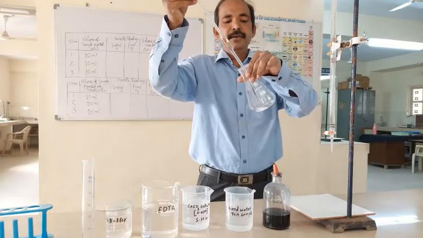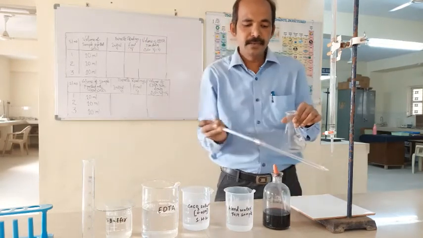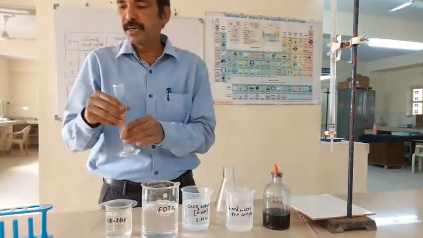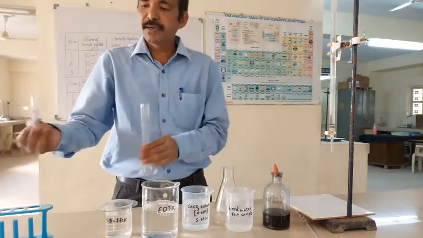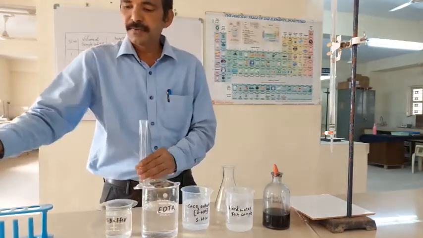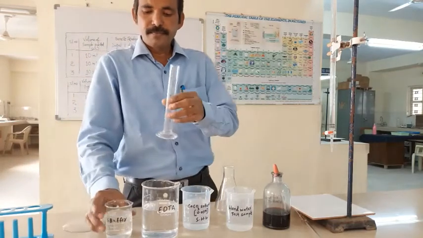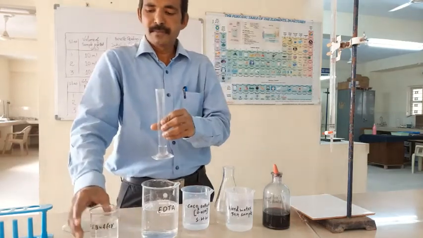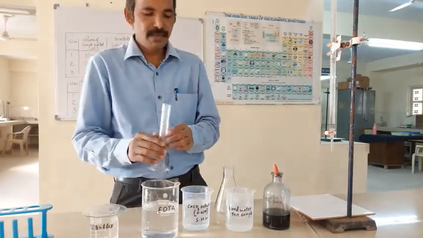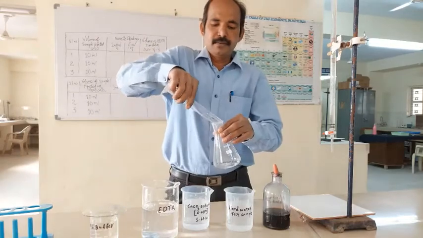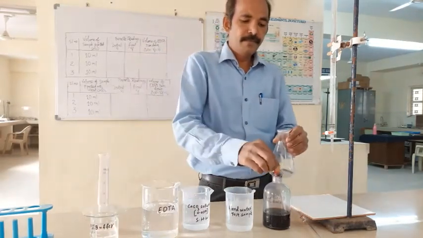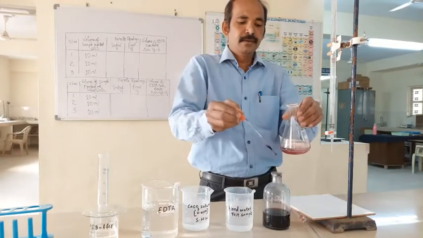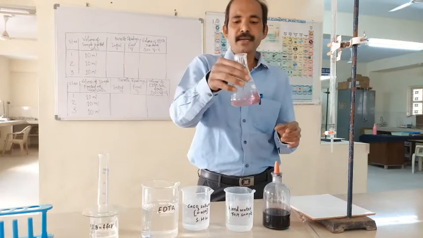After that, keep it aside. Then you have to add 5 ml of buffer. Either you can use the measuring jar or you can take the test tube up to the mark. Always cover the buffer solution with the lid. Then you add 2 or 3 drops of indicator. So this is the wine red color.